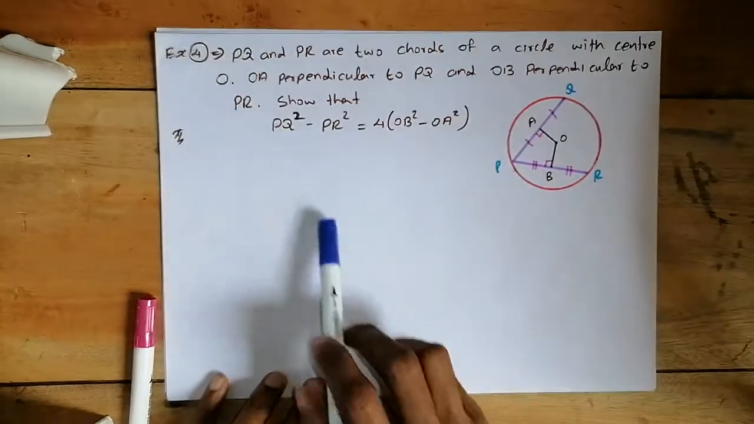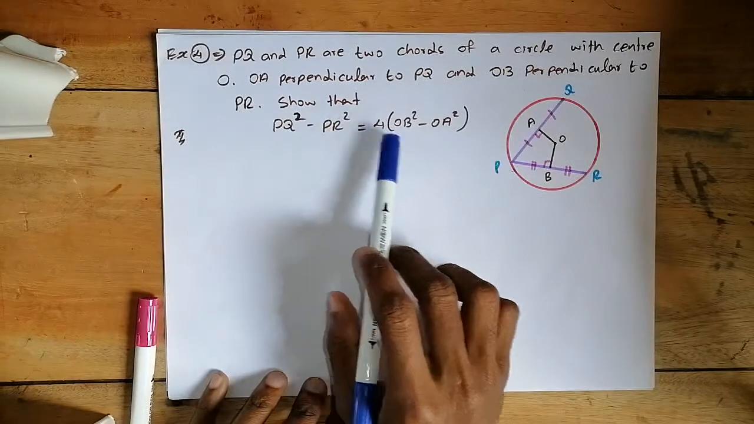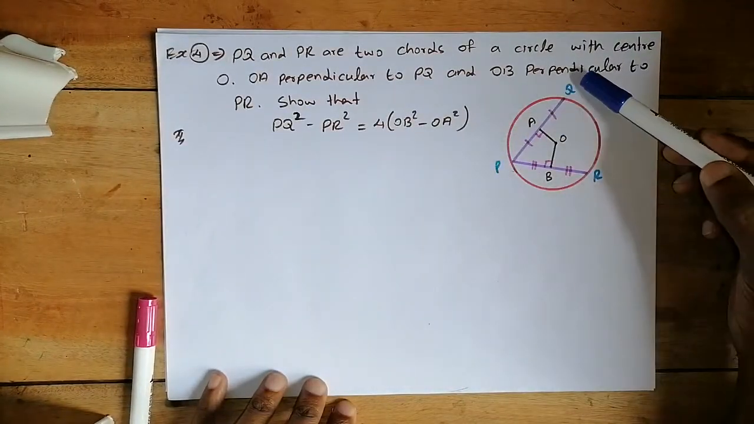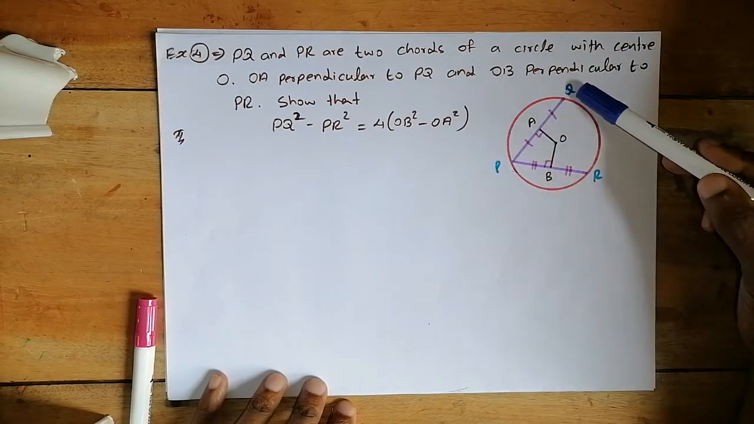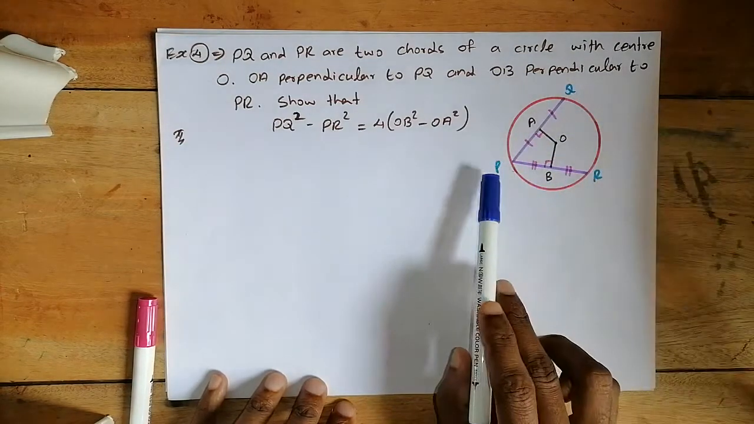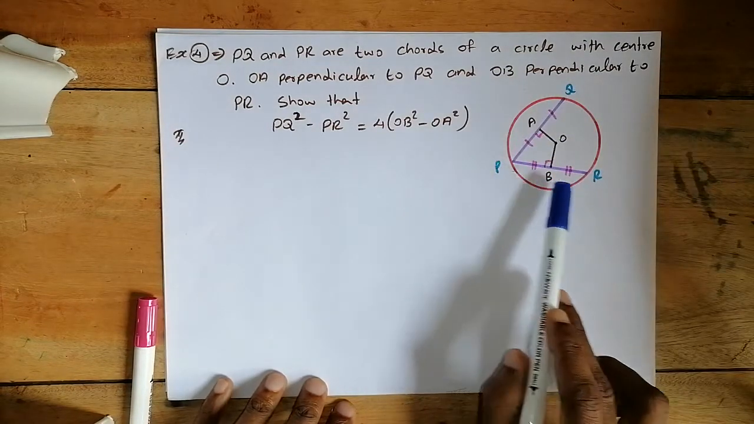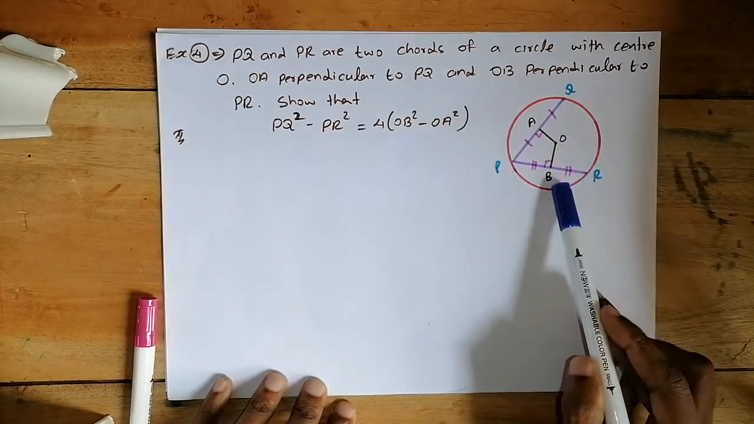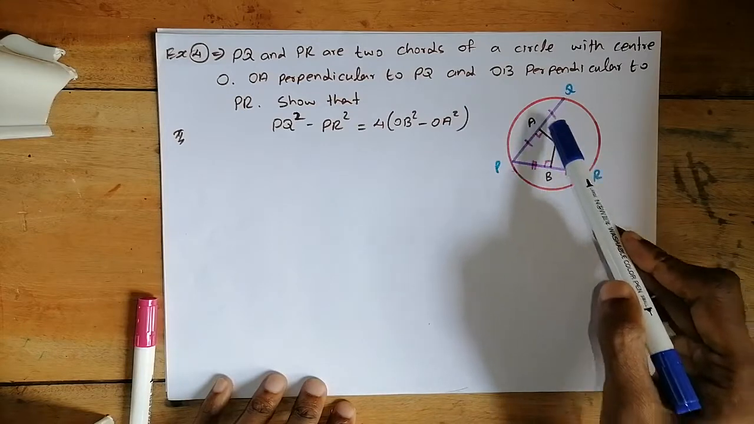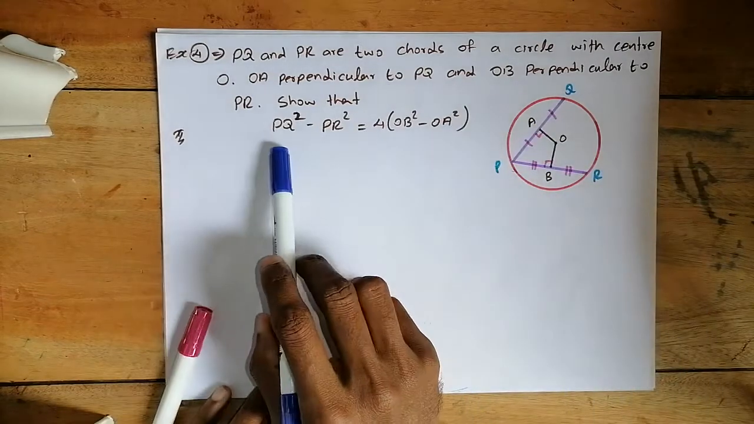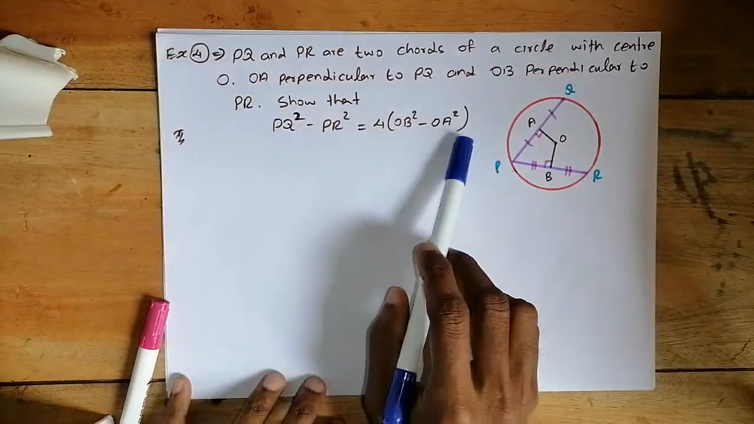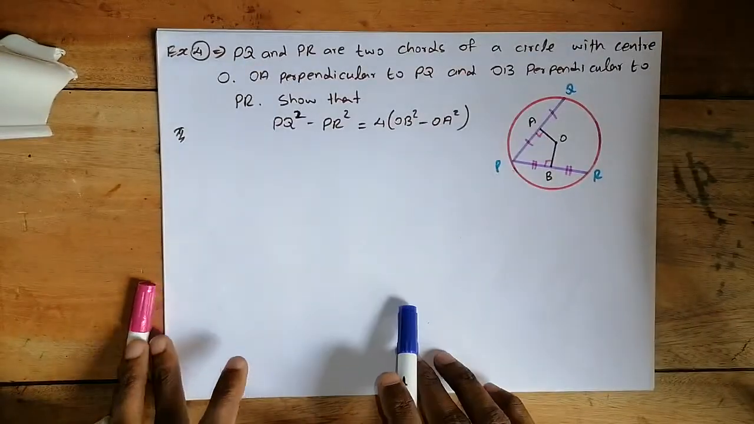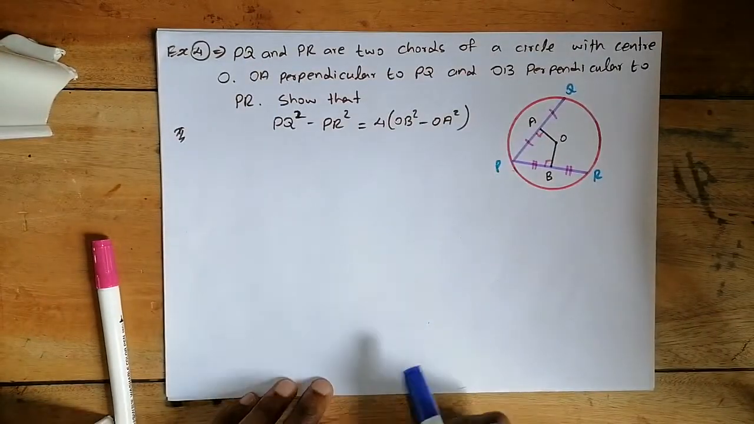Show that PQ squared, PR squared, OB, OA. PQ is the length of the chord PQ, and PR is the length of the chord PR. OB is the perpendicular distance, OA is another perpendicular distance. So if you check, all the lengths are given with squares. So theoretically, where do we get